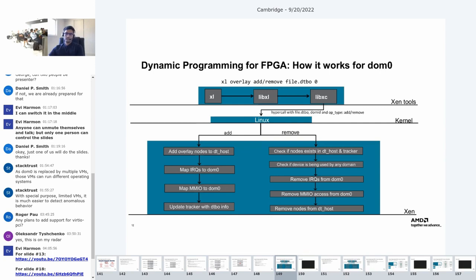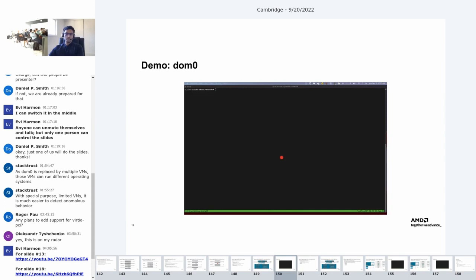Let me show you a quick demo about how to use this for DOM0. So in the demo,